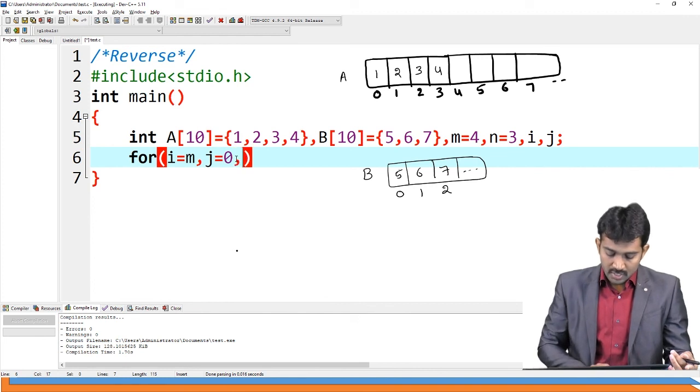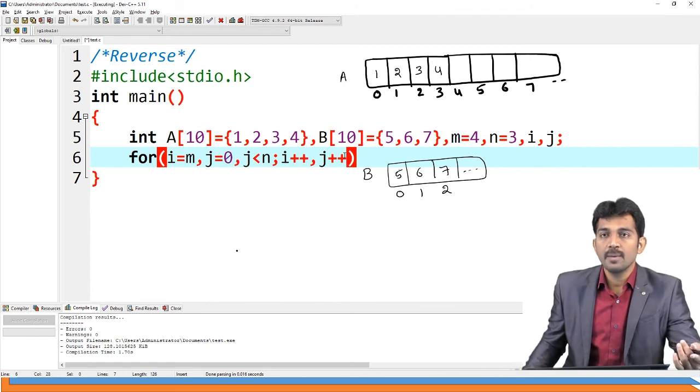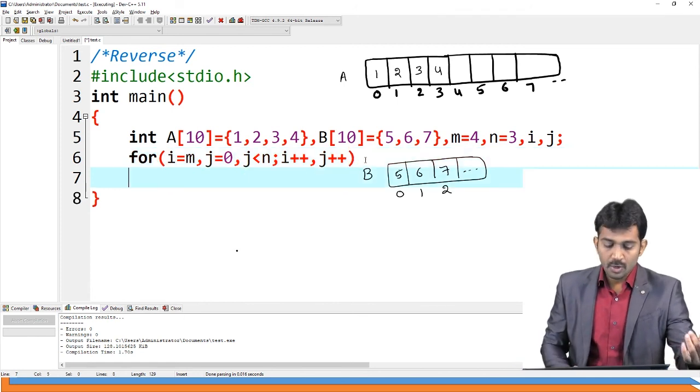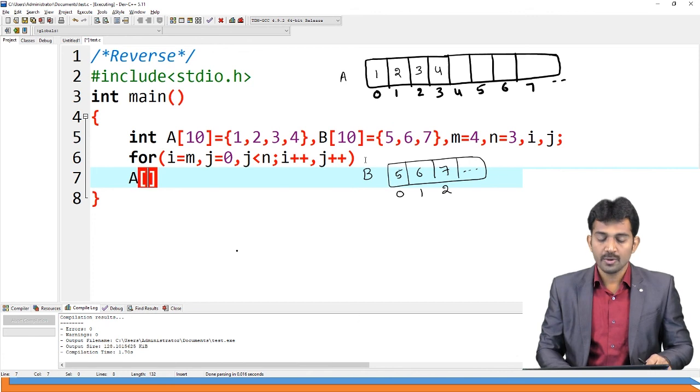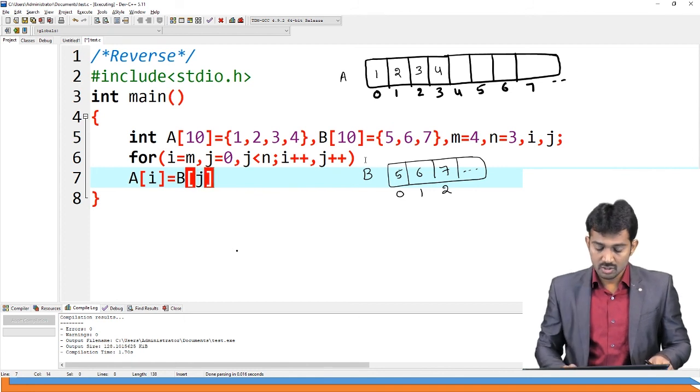What I am going to do: j less than n, right? After that, i plus plus, j plus plus. What I am going to do is simple: A of i equal to B of j. That's all.